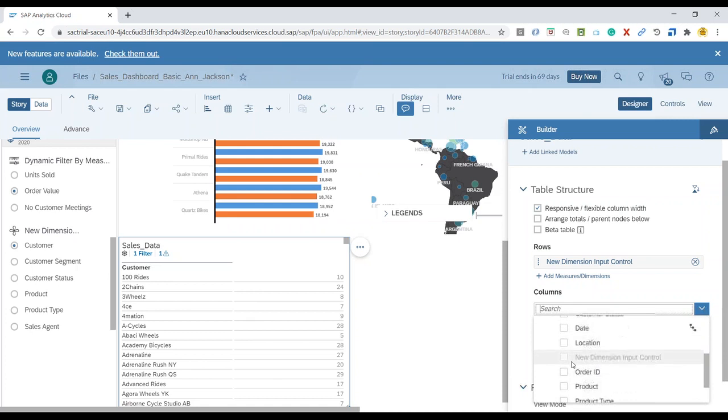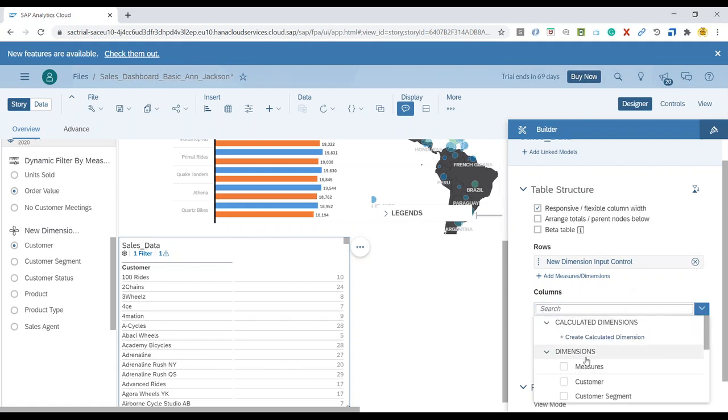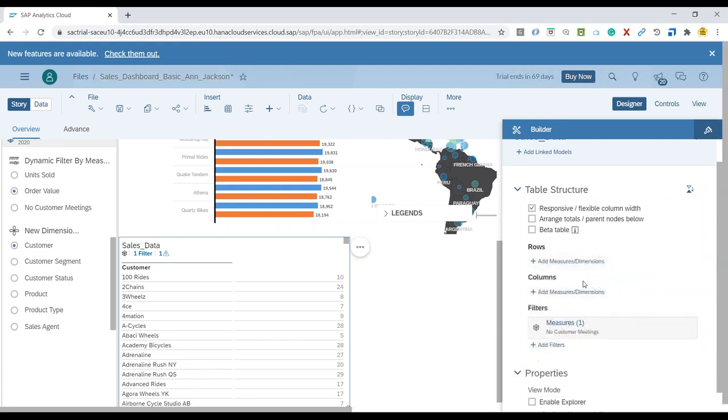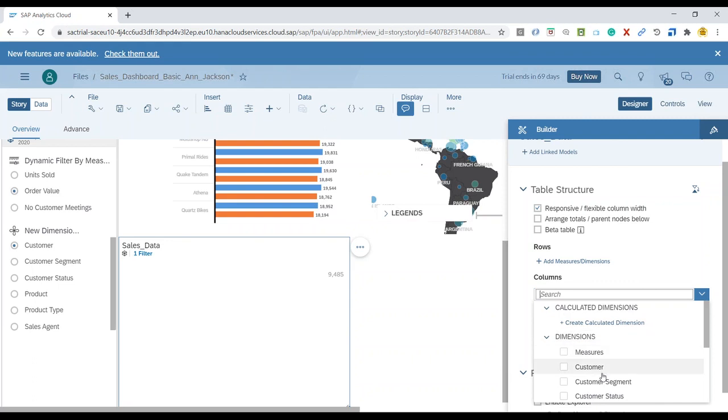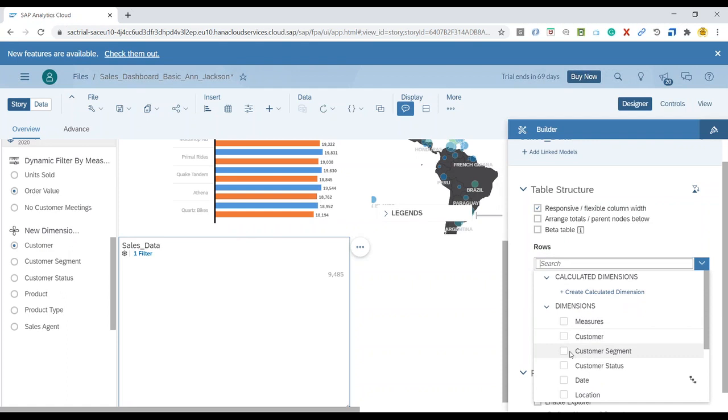So where is my measure input control? Sorry. I have to say my rows as dimension input control and my columns as my measure input control. Yeah, measures. No, where is my measure input control gone? Oh, sorry. Let's add our rows as dimension input control,